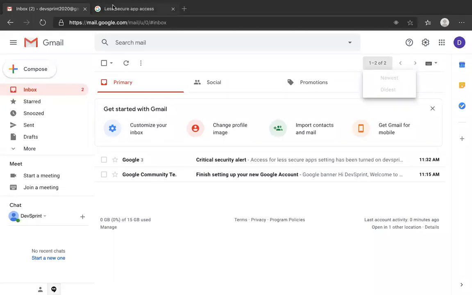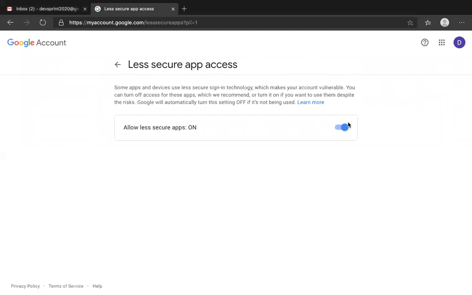You remember this less secure apps setting, it must always be on. Go to Google, whichever Gmail you are using, and this less secure apps access should be on. If it is off, you cannot send emails. It is an issue. Google does not allow you to send emails from different applications. If you want to do it, it's at your own risk. You have to enable less secure apps by selecting yes.